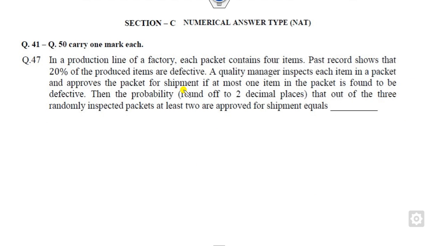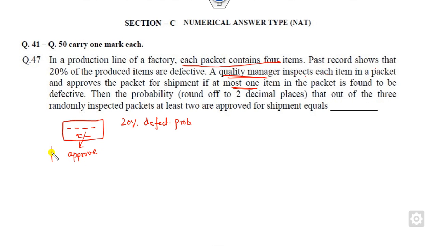Okay, look at this question. In the production line of a factory, each packet consists of 4 items. So if I consider this my packet, it consists of 4 items. Past records show 20% is the probability of an item being defective. A quality manager inspects each item in a packet, and will approve the packet if at most 1